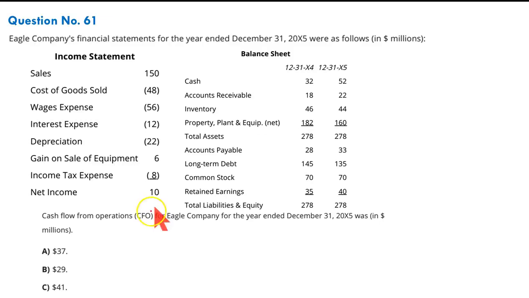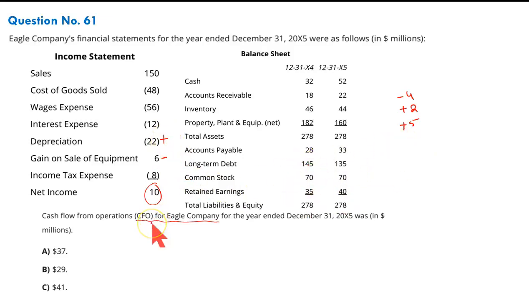Again, a bigger question. It says cash flow from operations. You should always look for net income. See any adjustment for depreciation or any gain. Yes, depreciation is to be added back, gain to be deducted. These two items noted. Accounts receivable over the period has increased, an outflow of 4 million. Inventory has decreased by 2 million, so it's an inflow. Accounts payable have gone up by 5 million. We have delayed making the payments. Effectively, it's an inflow. And I don't think there is anything else.